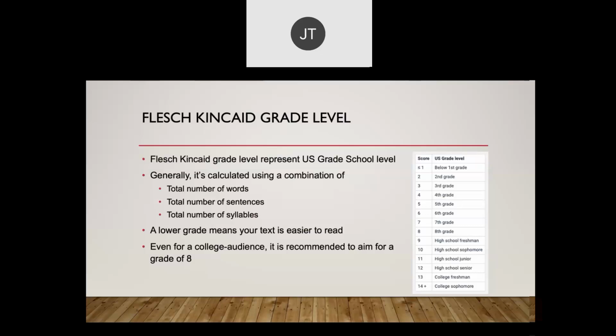It's pretty straightforward. Siteimprove chooses to max out their table at 14, which is college sophomore level, but the measure can technically go higher, and it will show as higher in the report tables on Siteimprove. The reason that the score can be calculated automatically is that it's derived from the total number of words, sentences, and syllables on a given page. Under this model, more words, longer sentences, and words with more syllables are considered more complex. They have a higher cognitive load, a higher interaction cost, and are harder for readers to scan for relevant information.